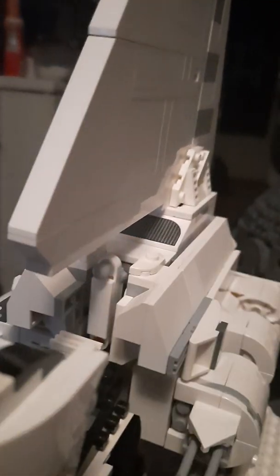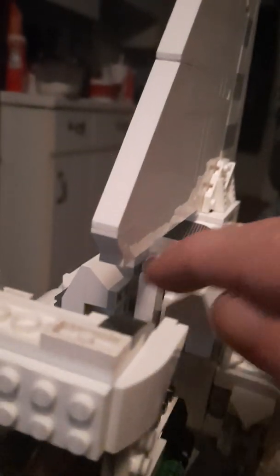I also added a tile to the top of the 2x2 slope. And that encloses in this mechanism so it doesn't stick out as funkily. I also got rid of the 1x2 plate and put a 1x3 tile there to hide the Technic hole that was up top. And then the rest of the cockpit is built the exact same way, but I added, you can't really see,